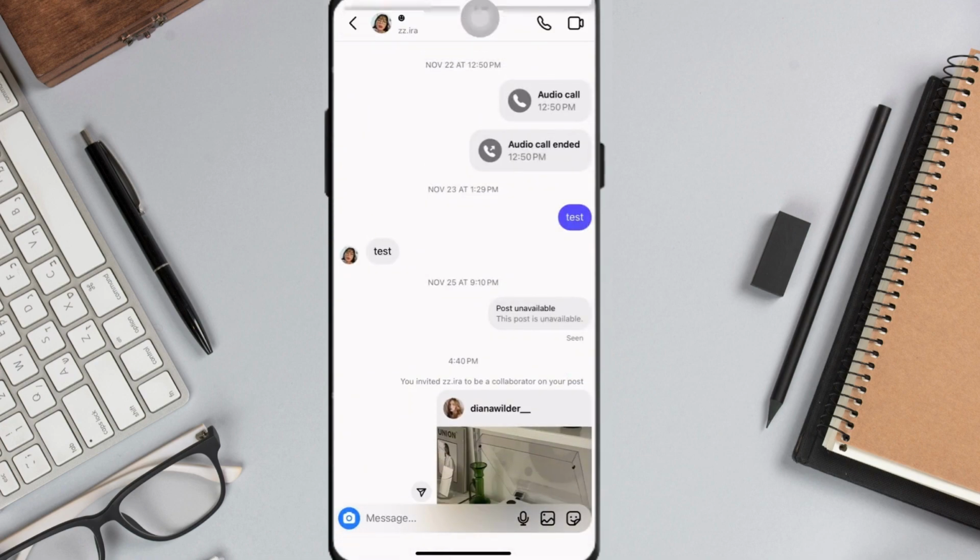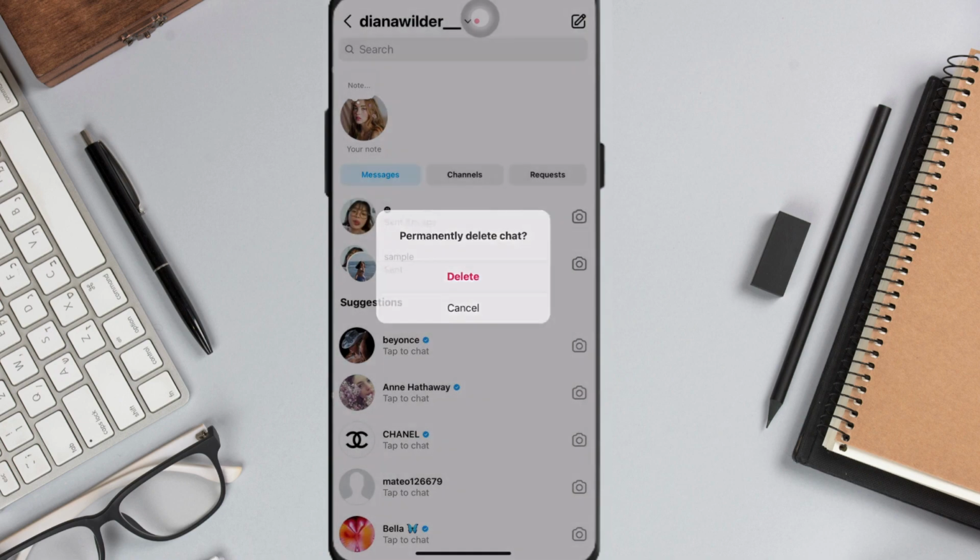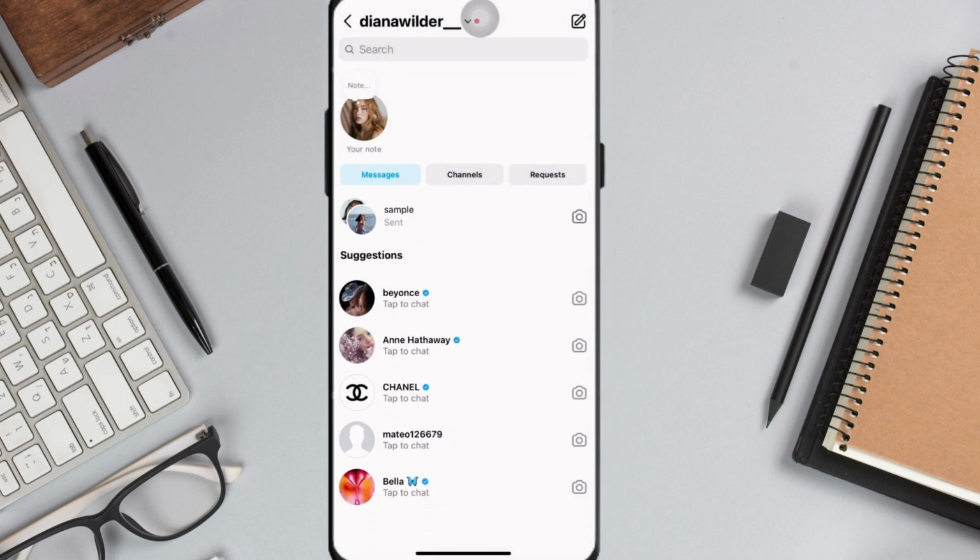If you wish to delete an entire conversation, go back to your conversations list and swipe left on the conversation that you want to delete and tap delete. And then just confirm that you want to permanently delete the chat. Keep in mind that the other person in the conversation will still see the messages unless they manually delete the